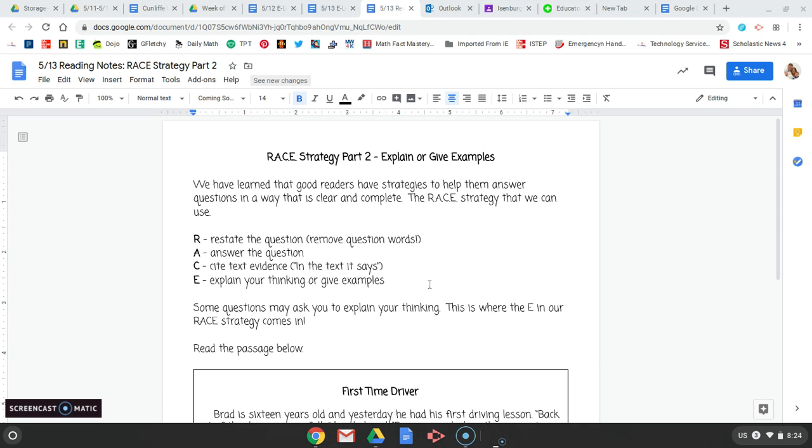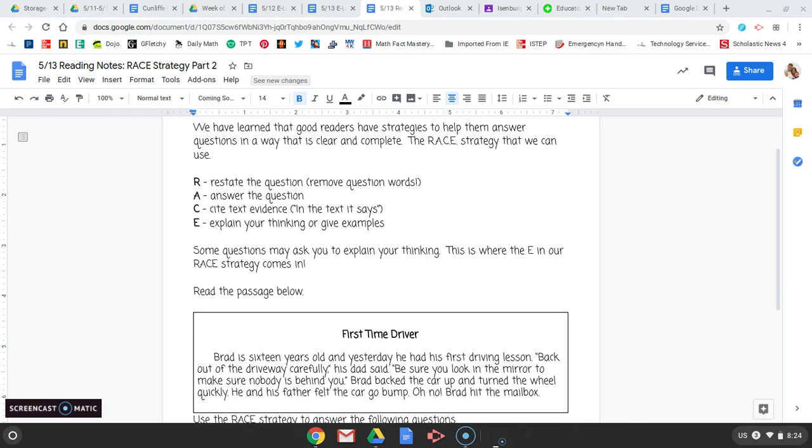So you should have a document pulled up from your assignment page that says Race Strategy Part 2, Explain or Give Examples. All right, I'm going to start up at the top. Make sure you're reading along with me. You might want to have your notebook in case you want to write down any notes. We have learned that good readers have strategies to help them answer questions in a way that is clear and complete. The race strategy